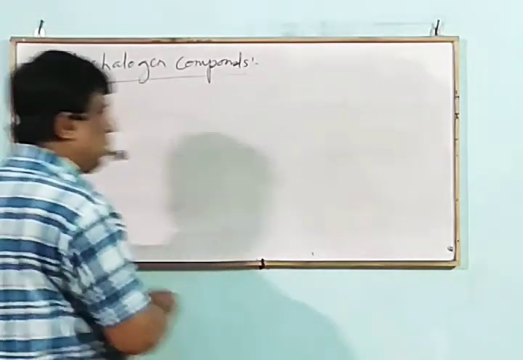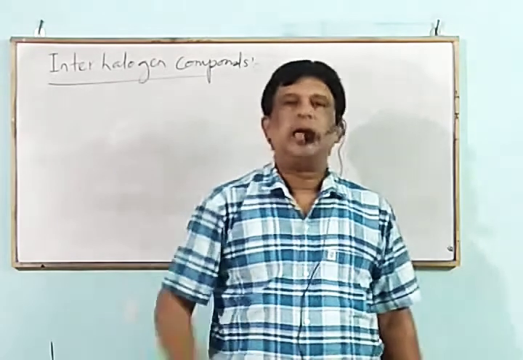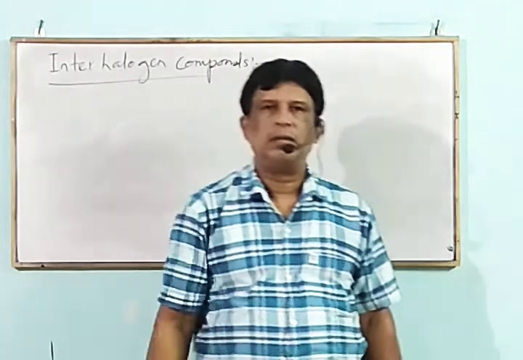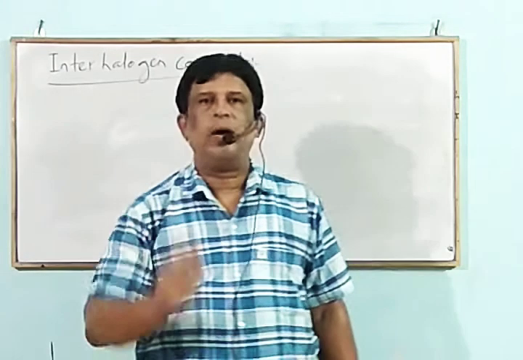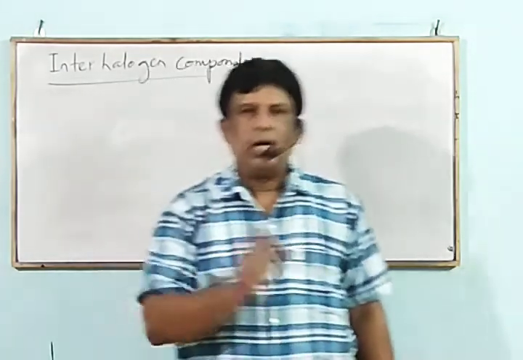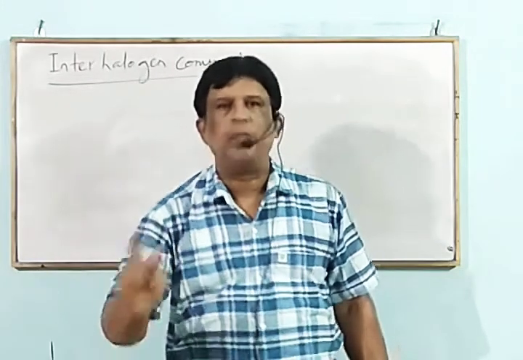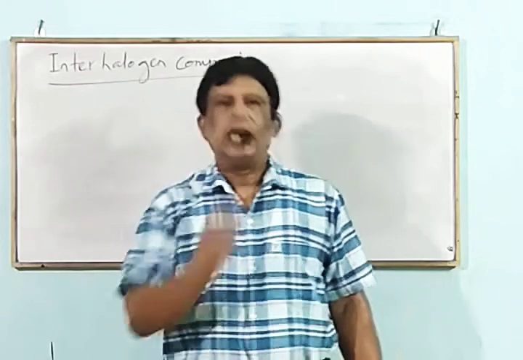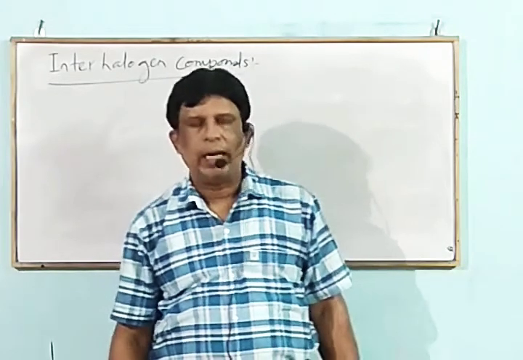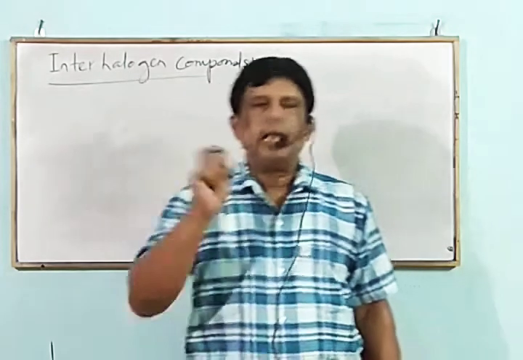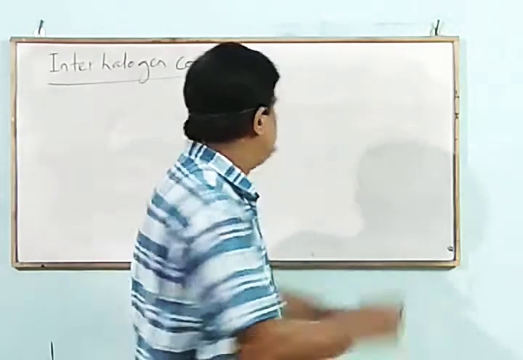What do you mean by interhalogen compound? Very important one. It may be 2 marks or 3 marks. These are the binary diamagnetic compounds. I repeat again. An interhalogen compound is defined as a binary diamagnetic compound made by direct combination of halogens, and which is represented as